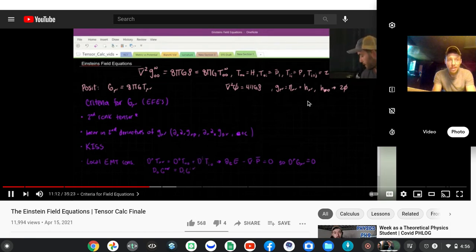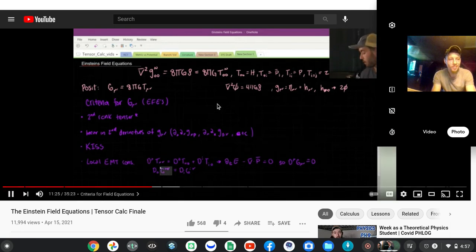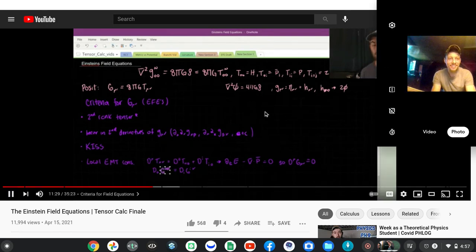And here we're taking a time derivative of G0 nu. But if this is supposed to be a second derivative of the metric, that usually means that G0 nu must only be a first derivative instead of a second derivative. In other words, we don't get any dynamics of the metric from these equations. They're more so constraints.